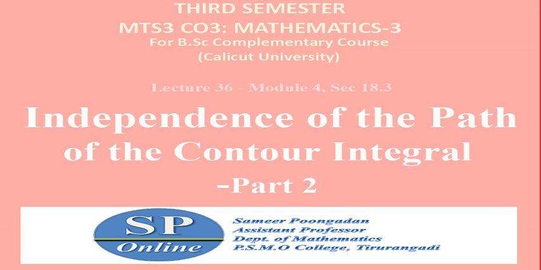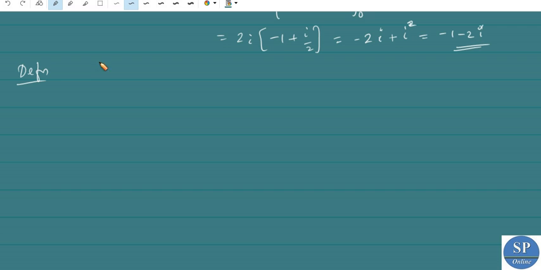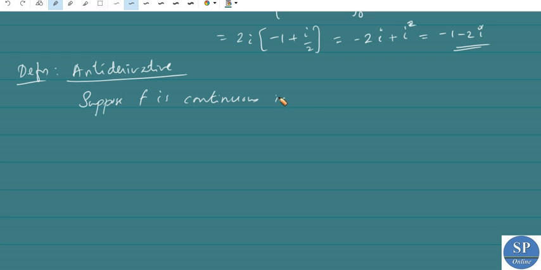Hello, welcome back. This is the continuation of the lecture on the topic independence of the path of the contour integral. Definition, antiderivative. We already discussed this definition of antiderivative in the case of real variables. So here in the complex variable, functions of complex variable, suppose f is continuous in a domain D